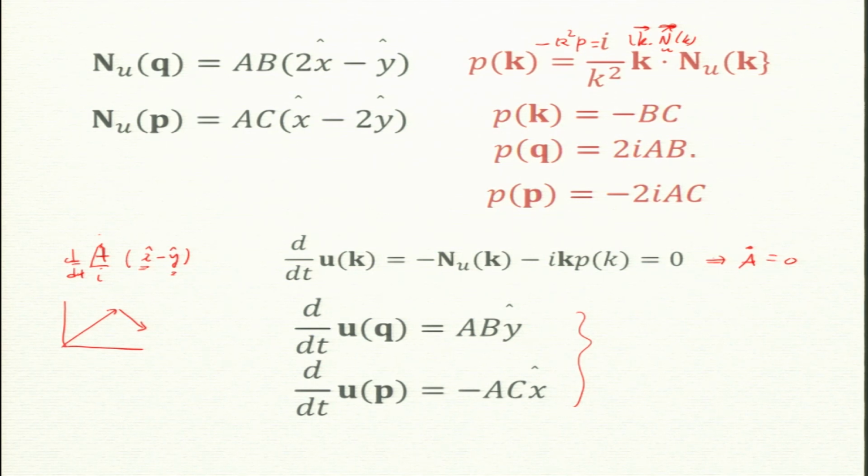Now u(q), so q is (1, 0). I probably have this in the next slide, but let us do it here. u(q) for q = (1, 0) has a y component with amplitude c. So u(q) is c y hat, and that is the left hand side. If I take d by dt, what will I get? c dot y hat.